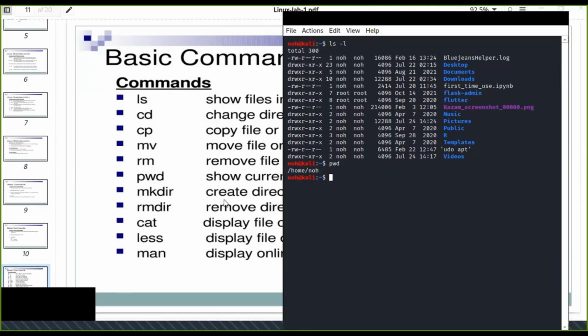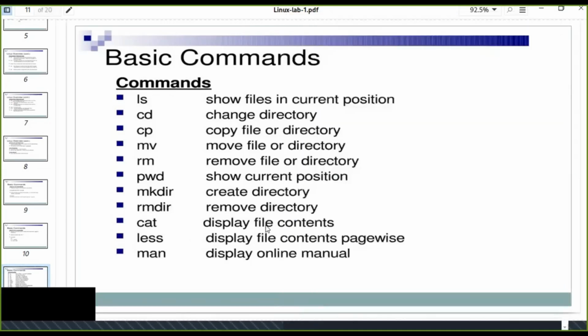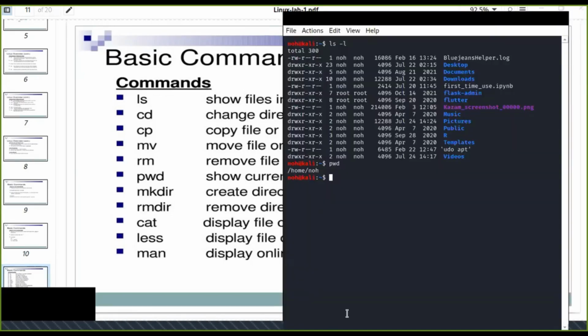mkdir and rmdir. mkdir makes a new directory in the current working directory. rmdir removes the directory. cat displays file contents. less displays file contents page-wise. man displays the online manual. For example, man, what manual page do you want? For example, try man